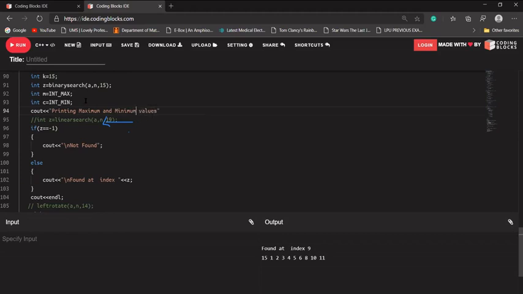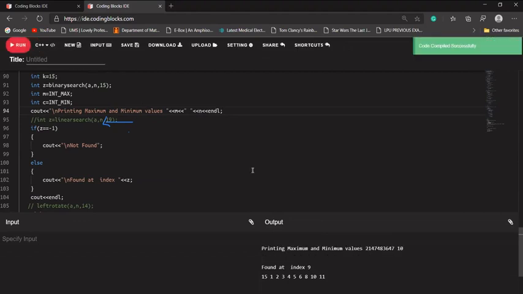Okay, let's try to print the values. Sorry, I should be printing the minimum and maximum.